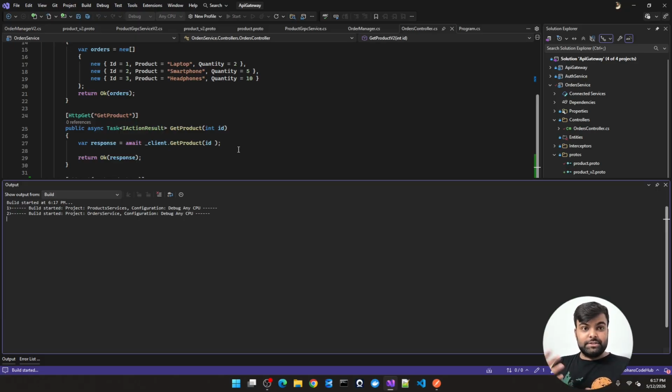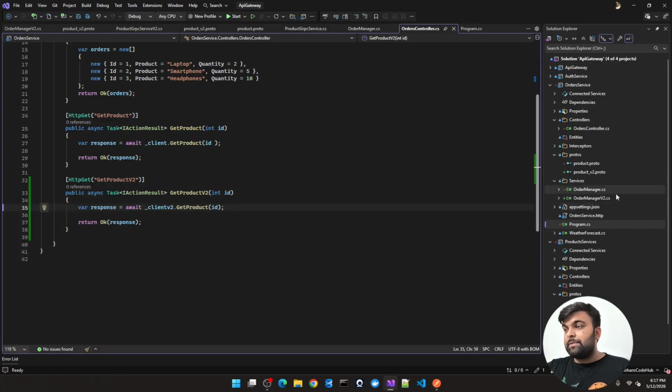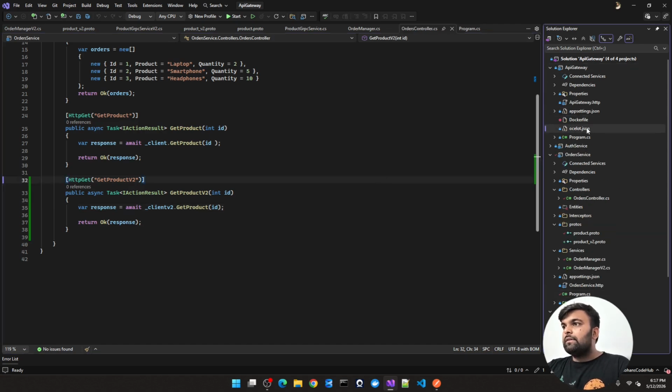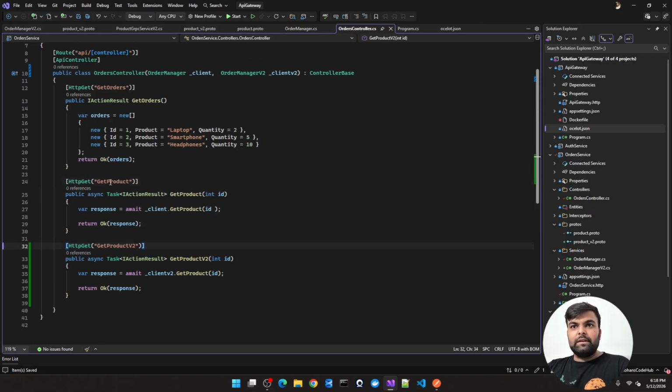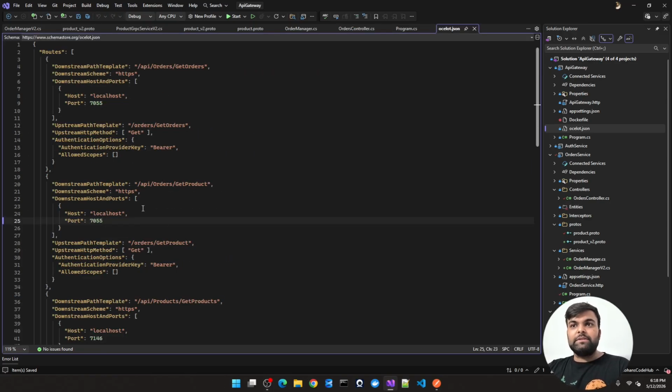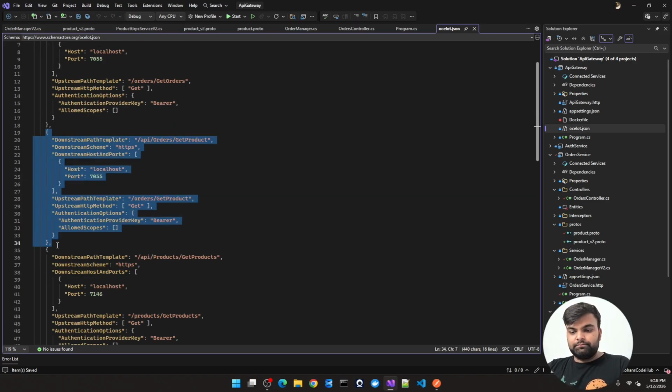Let's check whether versioning is working or not in gRPC. I have to define the things in the ocelot.json as well. So let's go there. This is our product v2, and of course I will register the product v2 as well. This is our get product in the orders controller.